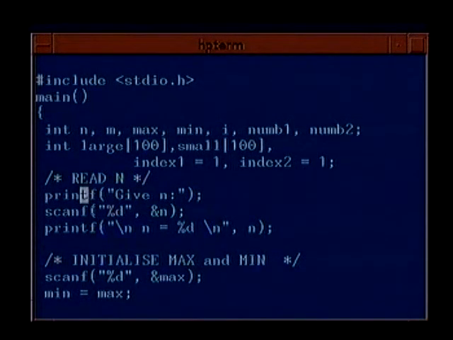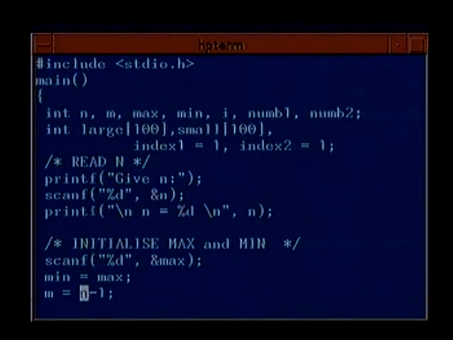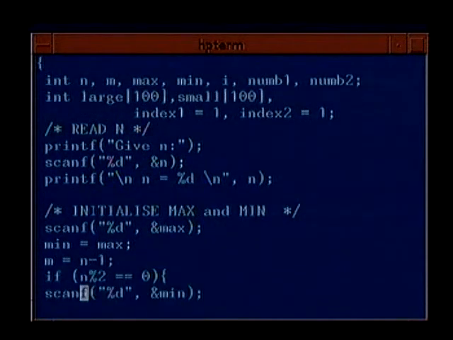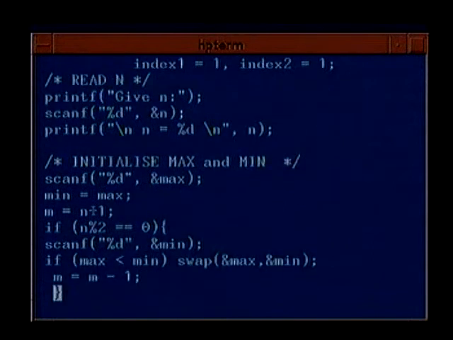So first I read n and print it, and then odd and even case I separate out. If I want to have even numbers, then I read in 2. I am assuming here that we will always get more than 2 numbers. You could modify the program to get less than 2. So if it is odd, then I will read in only one number, say max, and initialize max and min to this, and make m equal to n minus 1. And if it is even, I will read in another number,